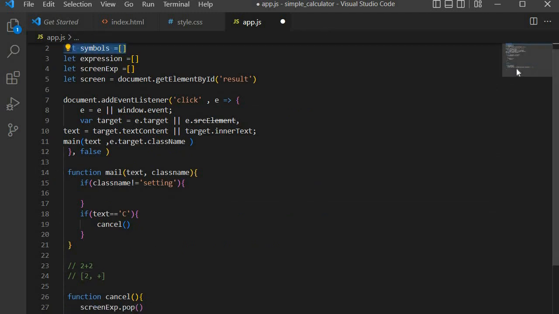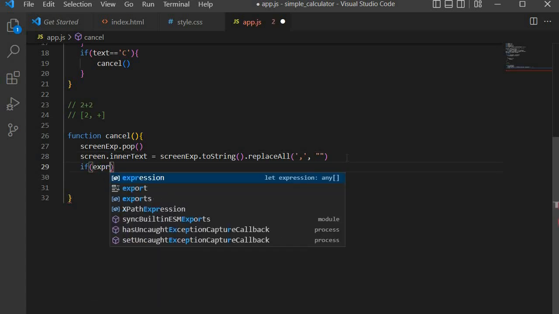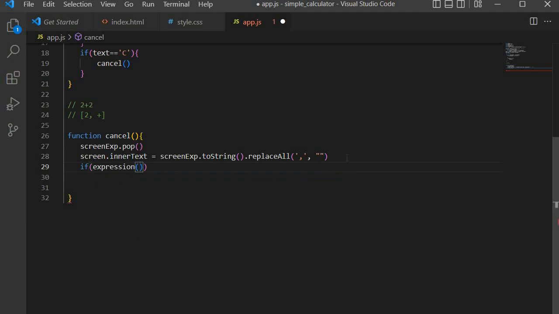So we need to know if the item that was removed from the expression was a number or a symbol. In order to check that, we come here and say expression, and we get the last item, because remember the last item is the one that is actually removed from the screen. And we just say if that item is a symbol,